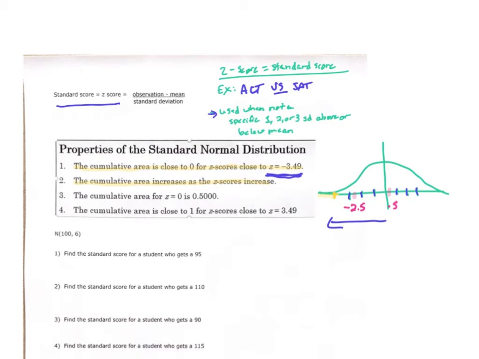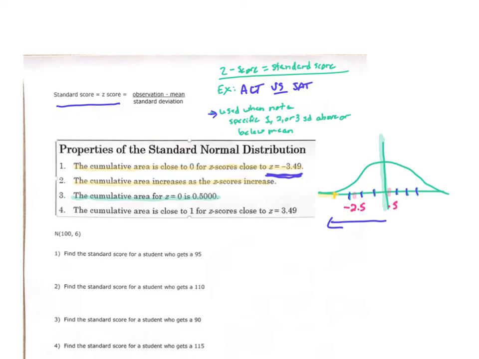Okay, let me get rid of that just to clean that up a little bit for any other information I need to share here. And then, not lastly, two more things. The cumulative area for z equal to 0. Z equal to 0 represents our mean. It's right smack dab in the middle of our